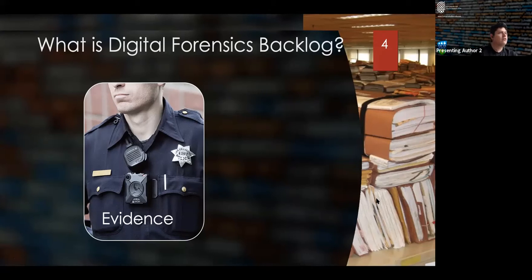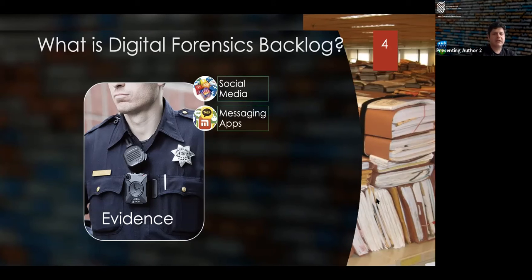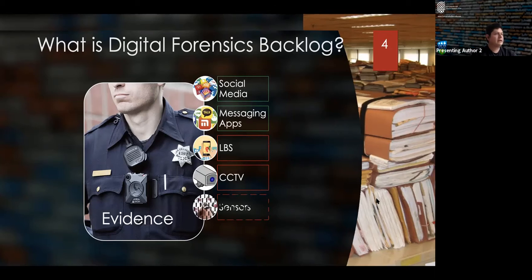Petabytes of information about our lives are consciously being transmitted daily from various sources such as social media platforms and communications via mobile messaging apps. Personal data is also collected surreptitiously from location-based services, facial detection or recognition capabilities by private or state-owned CCTV cameras, and activities recorded by internet-connected sensors. All this data can be used as evidence, and when collected for investigations is stored in the lab, waiting to be processed.